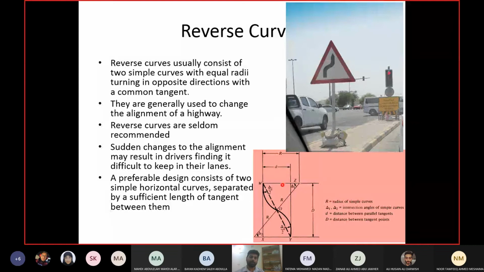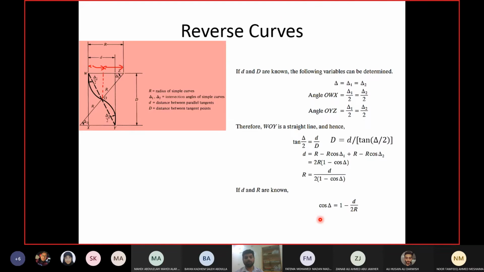And what is capital D? Capital D is the straight distance from the beginning of the reverse curve to the end of the reverse curve. Again, I am saying the reverse curve, not the first curve or the second curve. The beginning of the first curve and end of the second curve. If you want to say it like this, then this is how you should say it. So capital D is the straight distance from the beginning of the reverse curve to the end of the reverse curve, or you can say the beginning of the first curve and end of the second curve. That is capital D. Let us look at some more equations related to reverse curves. We have this equation, I already told you about it. Both angles are same, so delta equals delta 1 equals delta 2.